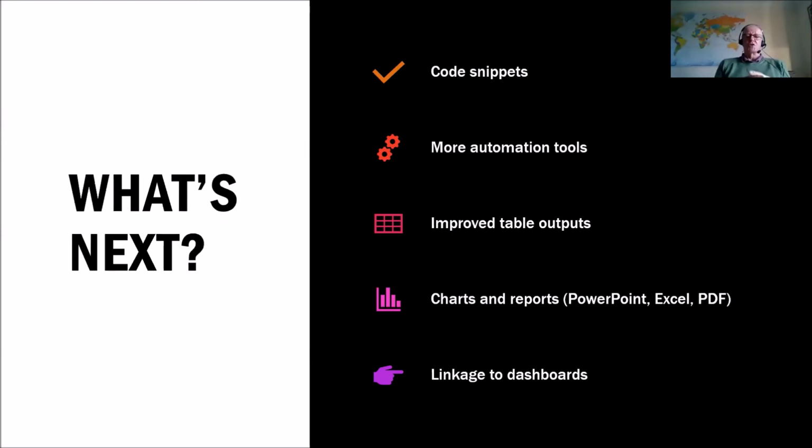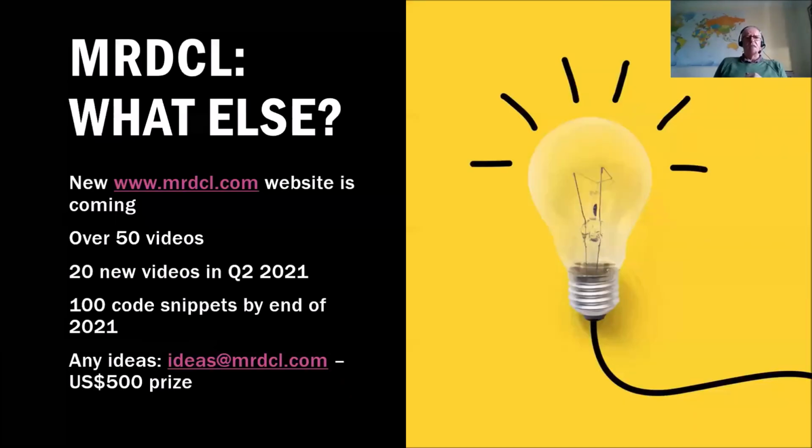And we've got more automation tools on the way, as I outlined earlier, and improving the table outputs even further, giving you choice of colours in Excel, for example, so that you can lay them out how you want to. So I think at that point I'm going to take a break. Sorry, I've got one more thing I was going to say to you before we do the Q&A,